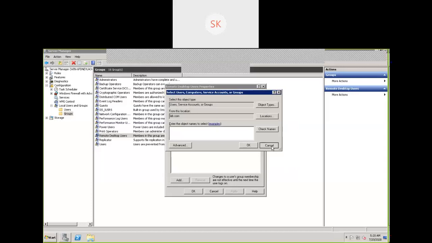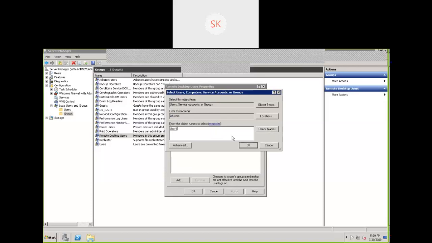I'm already on the local group on the member server. I'm just going to add user 1 of lab.com, where the user is available on my domain controller. So type user 1. As soon as you type user 1, it is going to check the location we provided there.